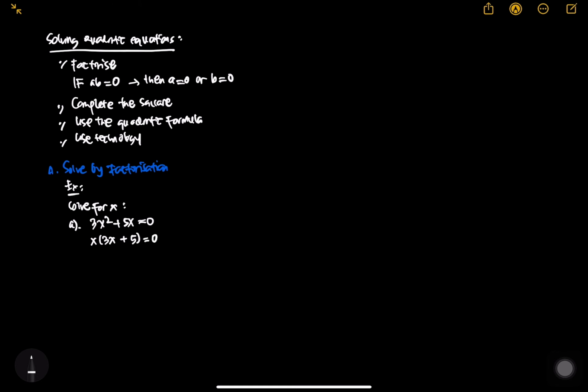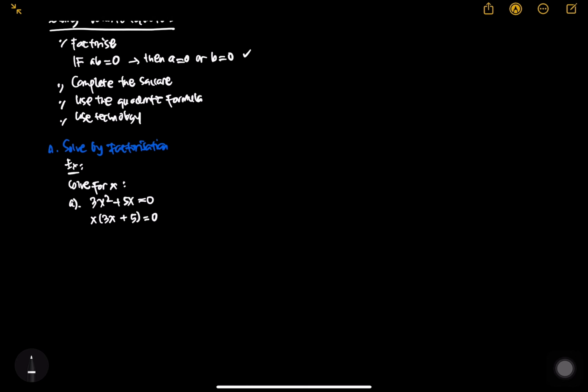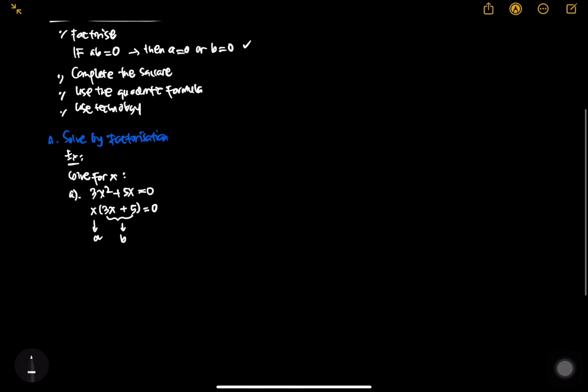So we have the form that applies to this method. Just imagine that this is a and that is b, and that's 0. So we can find that x equals 0, or